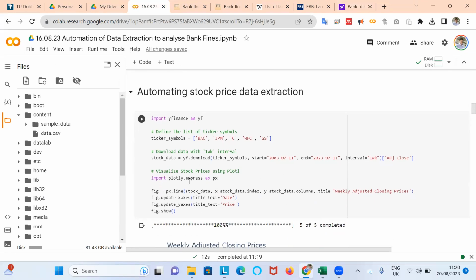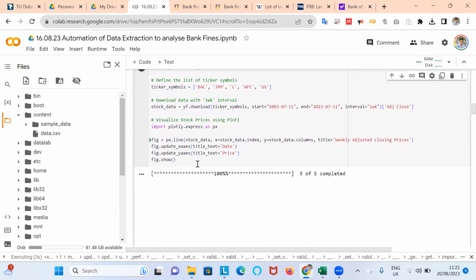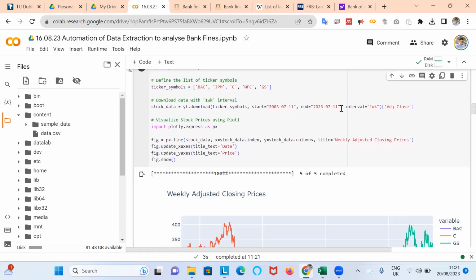And then I want to run a visualization using the Plotly library. So I want to download the data directly for all 5 stocks, and I'm taking weekly data, so the observation interval is weekly. And I'm not going with the OHLC data, I'm going with just the adjusted close. And then I want to view the time series for all 5 stocks for the period